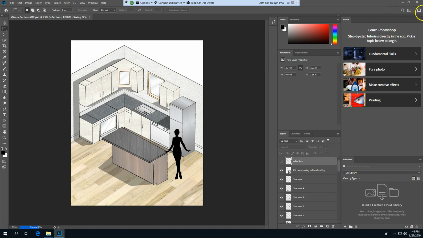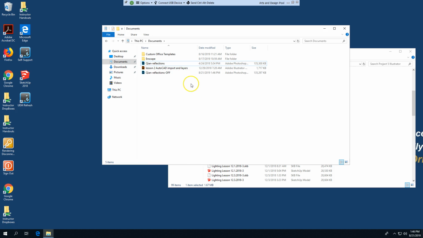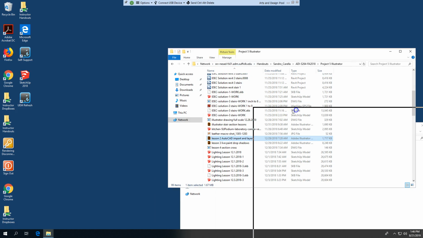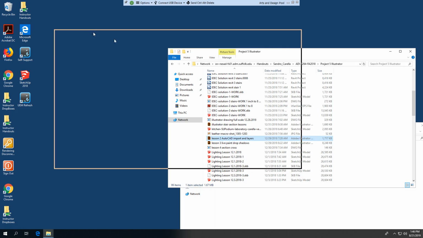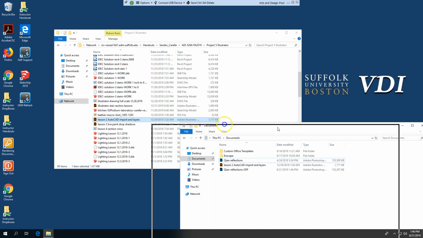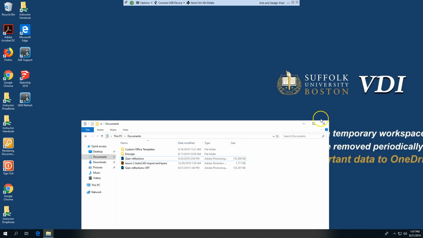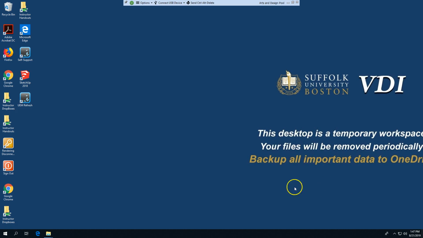Right, so I've done some work, I've finished, I've saved my work. It's currently saved in my documents directory, and this is a temporary space. That is what the message in the background of VDI says. Let me minimize these windows. This desktop is a temporary workspace. Files will be removed periodically. Back up all important data to OneDrive. So, when I'm done